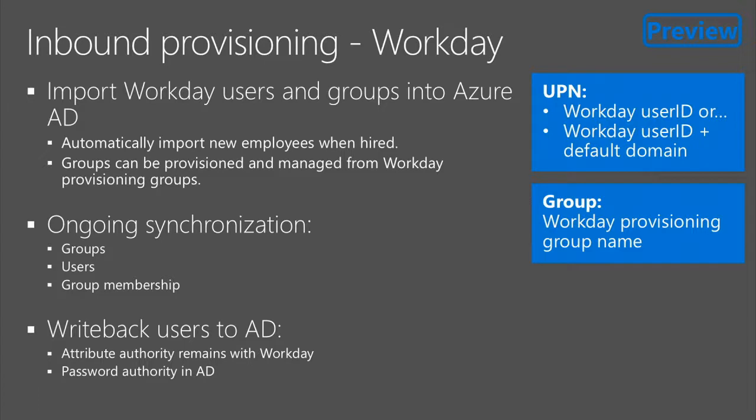Finally, we can take all of those accounts that you just took from Workday and actually bring them down to your AD on premises. So in this case, you can automatically provision accounts from the Workday HR system into AD on premises, and have the user on their first day of work come in, do a password reset, and log into their domain-joined PC. We make sure that the whole thing is secure because the password is only created and stored in AD, so the password is yours in your environment. But we'll continue to refresh all those other attributes, all those HR-generated attributes from Workday, through Azure AD onto your premises.